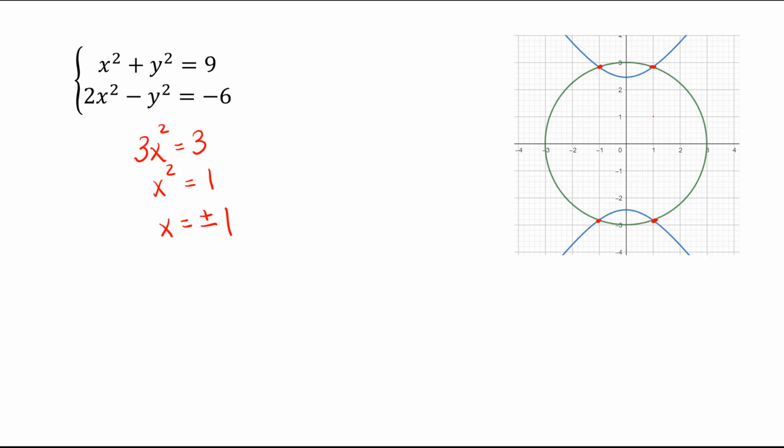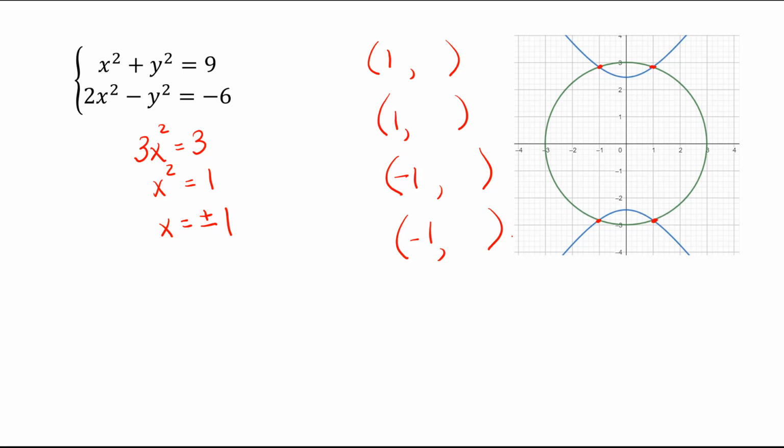And you can see that 2 of them will have the same x value, and these 2 will have the same x value. So we're going to have 2 points that have an x value of 1, and we're going to have 2 points that have an x value of -1. And even if you didn't have the graph,